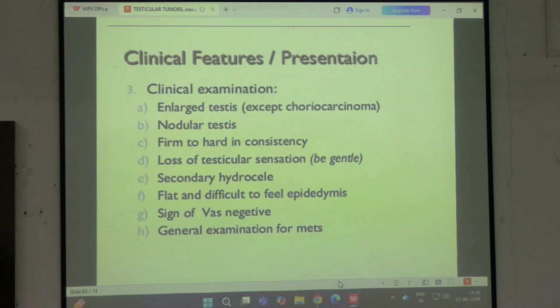Okay. Coming to the rest of the clinical features, it depends on where the tumor has metastasized to. If it's in the liver, there's going to be jaundice, there's going to be hepatomegaly. Okay. If it's in the lungs, the patient can present with shortness of breath. You already know the investigations: you will have to send the whole tissue after orchidectomy for histopathological examination. Before that, what do you have to do? You have to do an MRI, you can do PET CT, you can do CT scan.